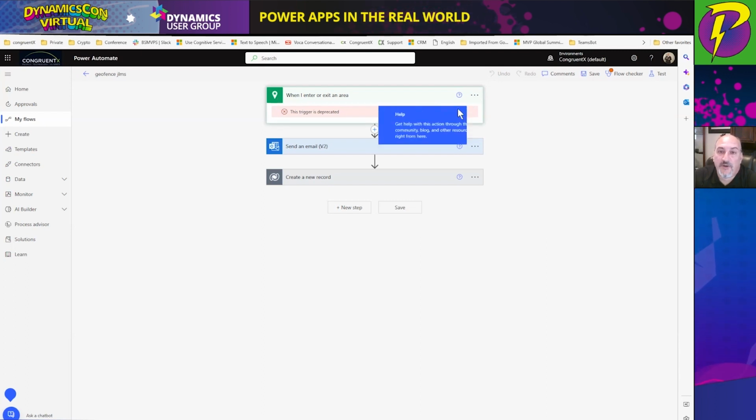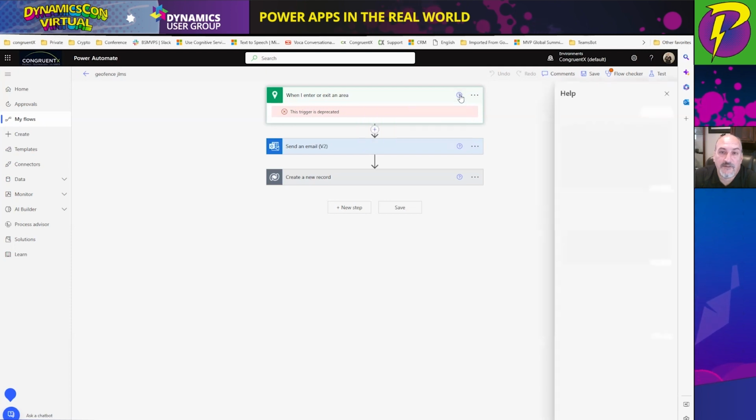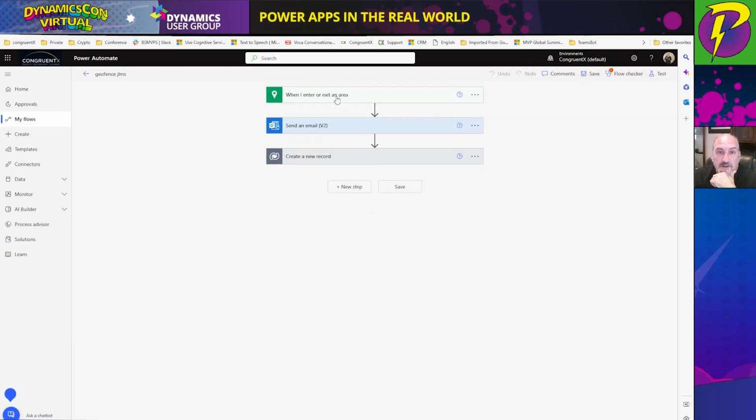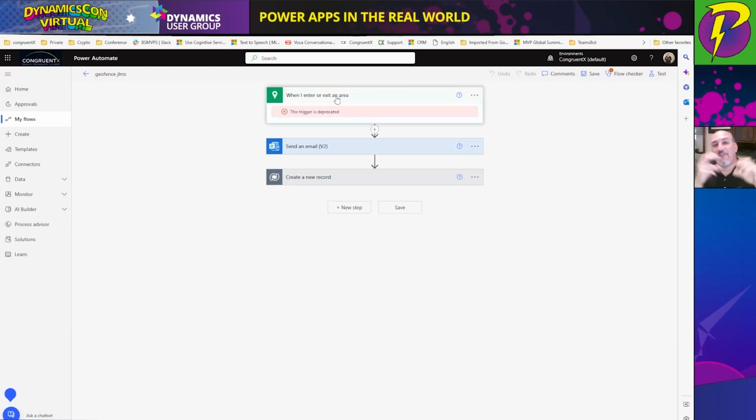Now, it has a deprecated feature on here. There's a new one that I haven't updated this to. I can do that in the future to show you. But when you click inside the trigger, you get the area and the GPS location of where that trigger is. Think about Google Maps, where I can see the actual house down to 10 meters. So if I put the school address, I have the ability to move it around to the actual classroom within 10 meters. Anybody who triggers in and out of that event on their device will kick off this flow.